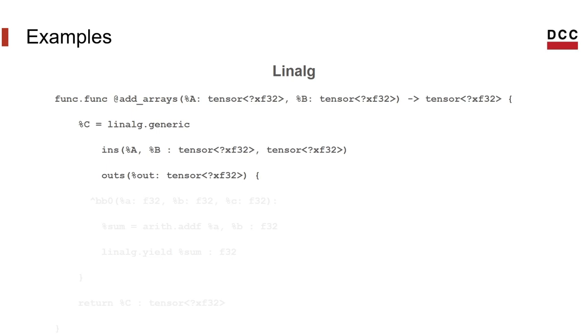We can then define an operation and what will be the inputs and outputs of it. And then a block of computation. In this block, we must sum both tensors and yield the result, which will be stored in C. Finally, you can just return the resulting tensor. This same code